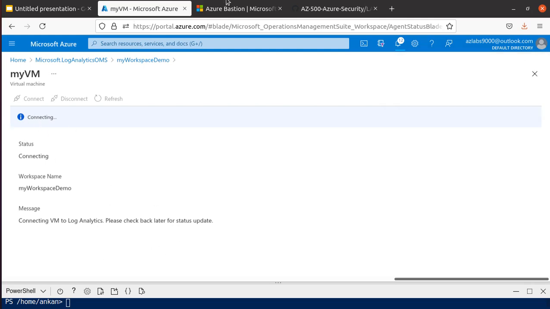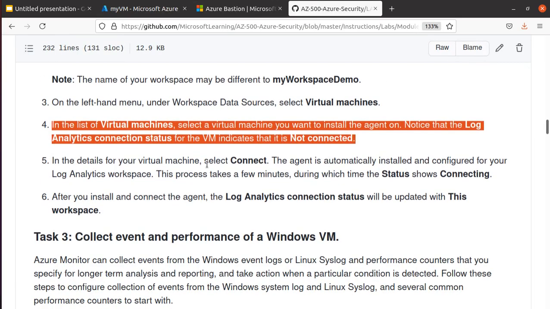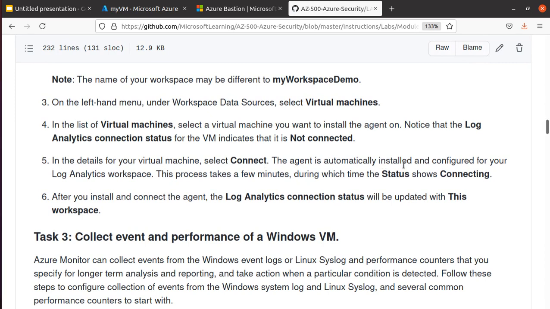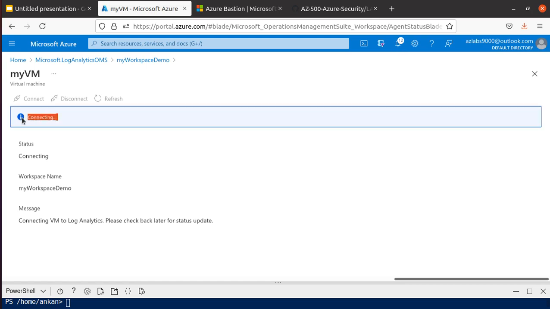Okay, it says connecting. So let's come back. So again, detailed virtual machine, select connect. The agent is automatically installed and configured for your log analytics workspace. This process takes a few minutes, and during this time the status shows connecting. So over here, connecting. In a few minutes you will see that it will say that log analytics is installed, and you have a connection back to this log analytics workspace that we have